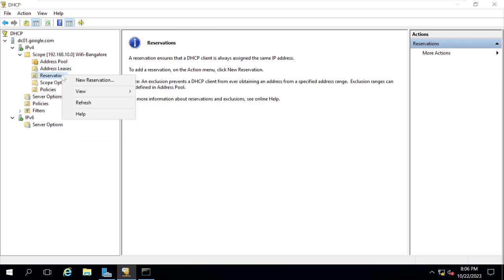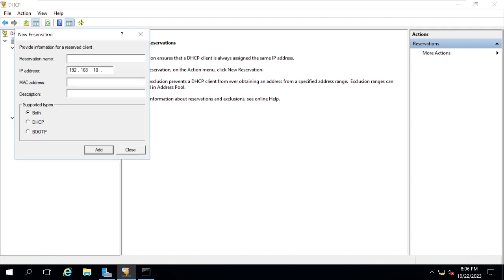I'll go to reservation, right click on new reservation. I will give the reservation name. Say for example, this is my boss PC, VIP-boss-PC01. Boss is using PC01, and out of 10.21 to 10.254, I want to give him one IP. What I will do, I will just assign maybe 50. 50 should always go to the same MAC address, because this MAC address is in my boss computer, correct? So I will enter